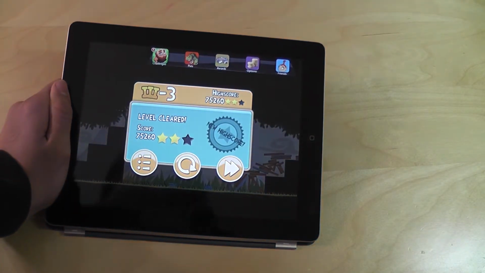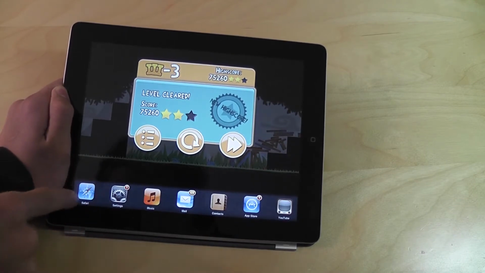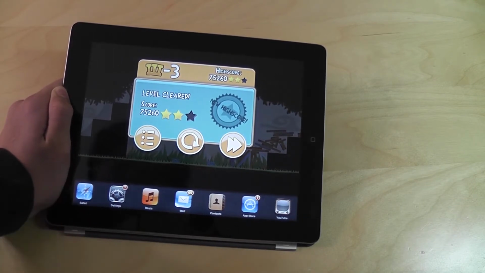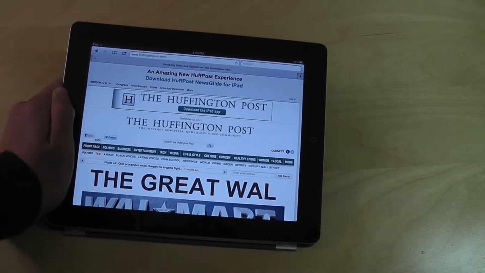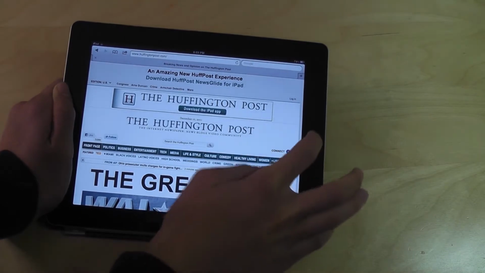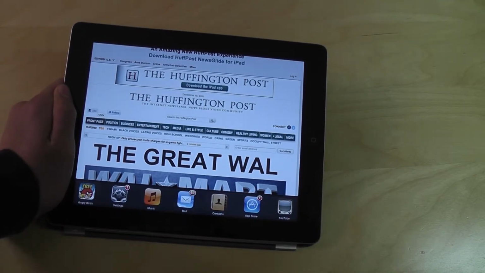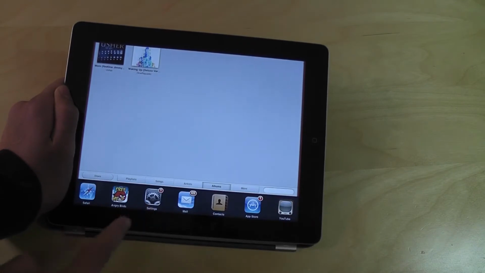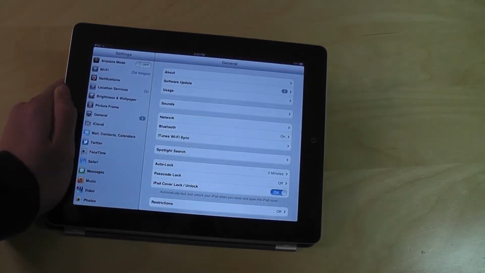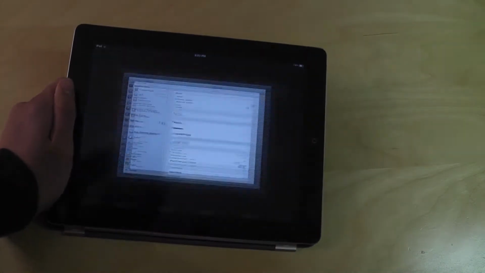Now if I'm done with Angry Birds again, I can double click on the home button and then, let's say if I wanted to go back to Safari, just click on Safari and it'll take me right back to Safari. So that's multitasking. And again, I have all of these applications open on my iPad technically. So again, from Safari, I could go to Music, and it'll take me to my music. Or from Music, I could go to Settings, and take me to Settings. So these are all the applications open on my iPad right now.